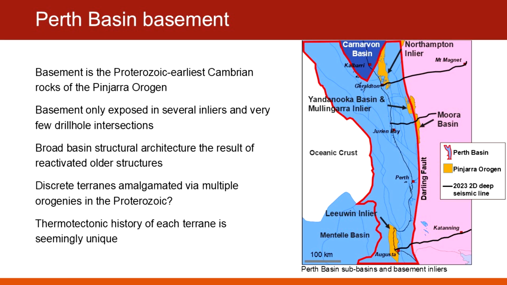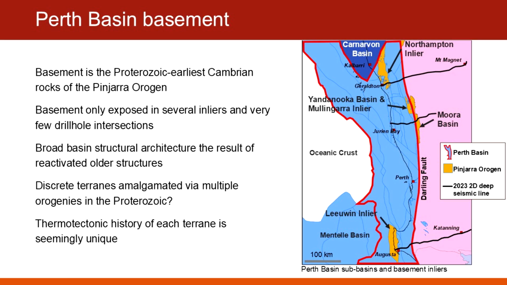We know from the inliers that are exposed that the thermotectonic history of each of these terranes is seemingly unique. We have high-grade rocks in these inliers, but here in the Yandanooka and Moora Basin, it's very low-grade metamorphism, I think greenschist facies or something. So it's a very interesting